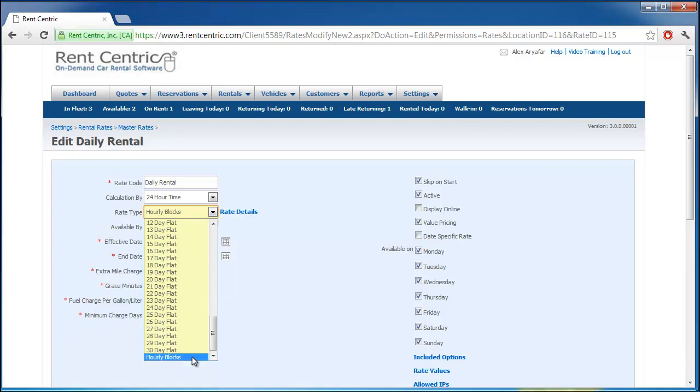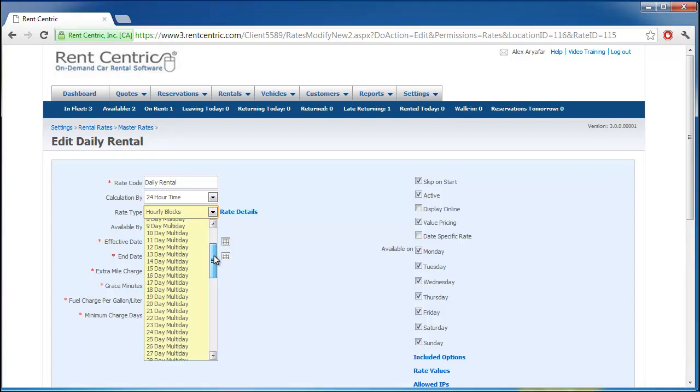Hourly blocks is used for scooter rentals. Basically, you can set up the rate to be based on 10-minute, 20 minutes increment, and you can charge a customer like that. In this case, we can go ahead and select standard